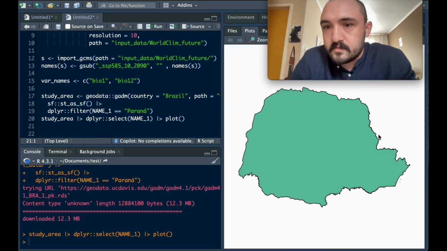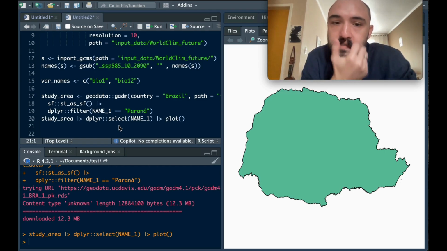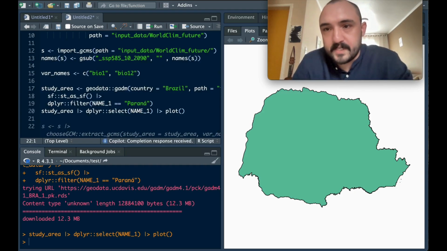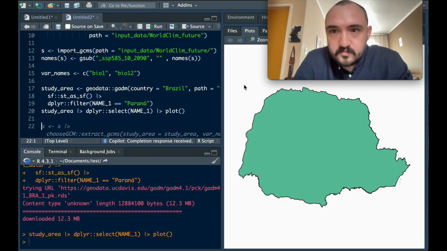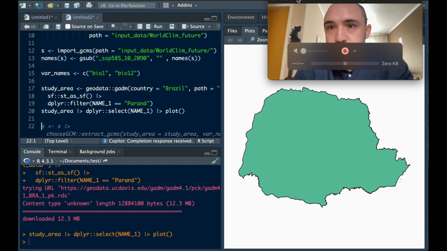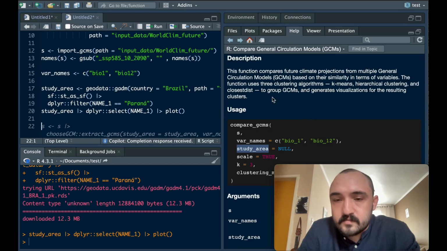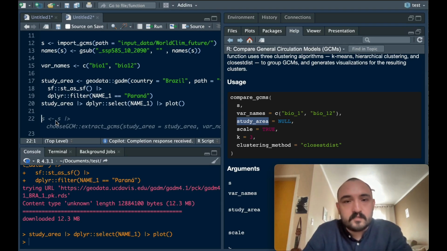Here is the Paraná state in Brazil, south of Brazil, okay? And we don't need to crop or mask our S object to make it work in the functions, okay? We just need to give this information. So